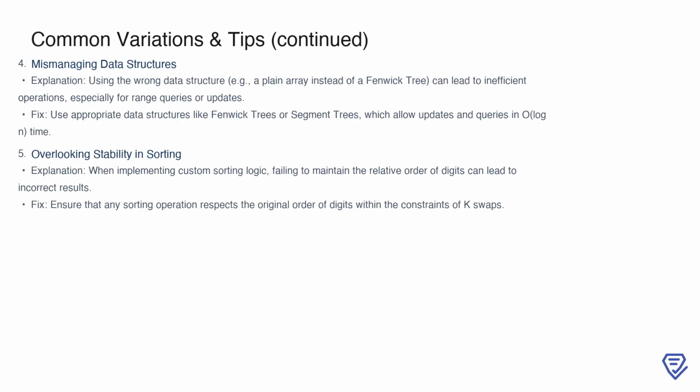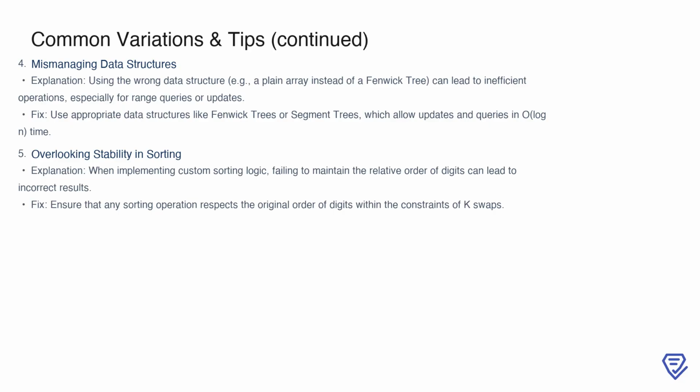Testing these scenarios is crucial to verify your solution's robustness. Another challenge arises from mismanaging data structures. Using a simple array instead of a more advanced structure like a Fenwick tree can lead to inefficiencies, especially when performing frequent range queries or updates. Fenwick trees and segment trees are particularly well suited here because they allow you to handle these operations in log